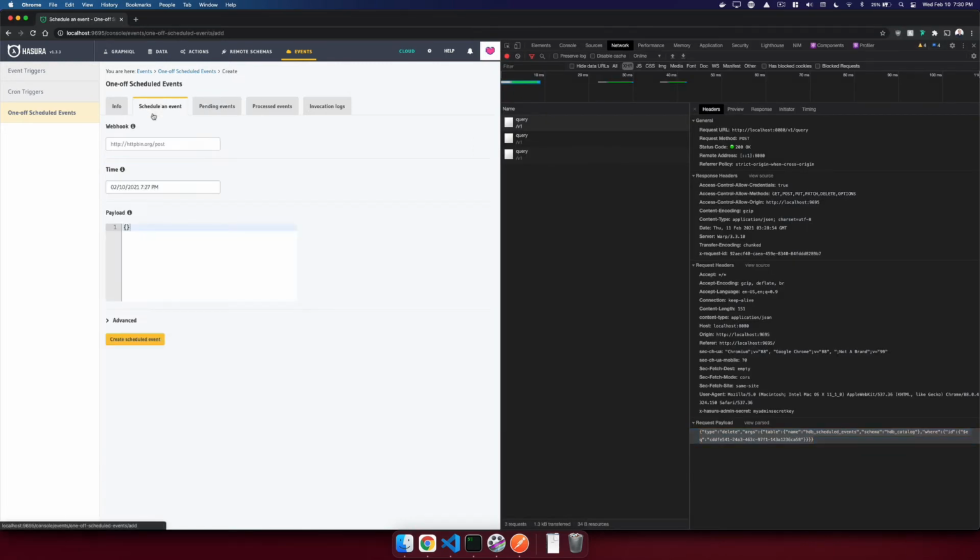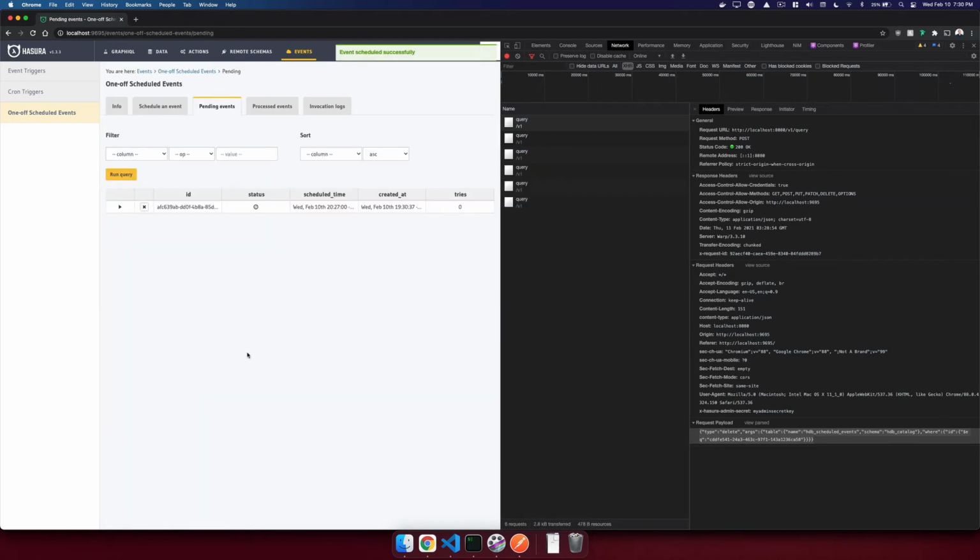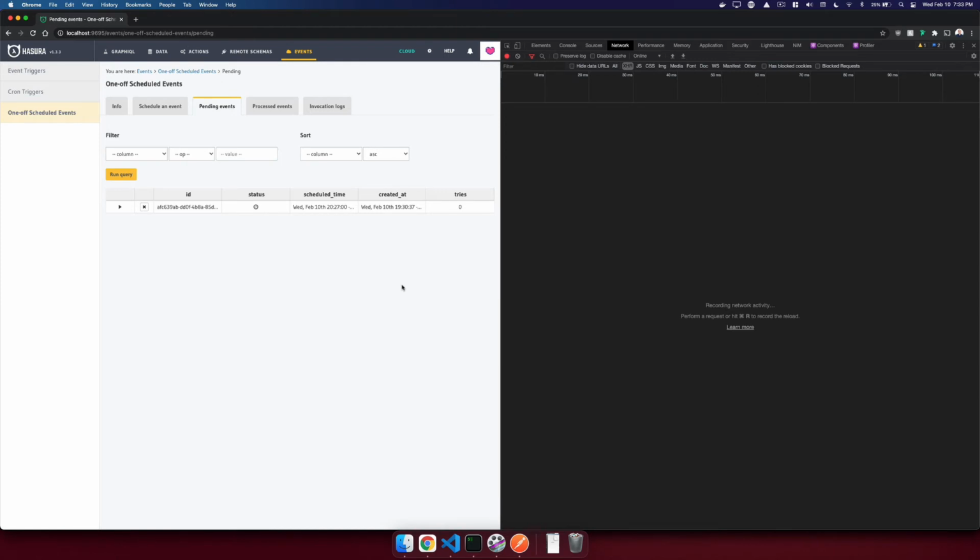Hasura does offer an advanced feature. If we create another one at a time, there's an advanced feature where it allows you to leave a comment. So if we leave a comment that says test ID and we create this event, we can then go manipulate